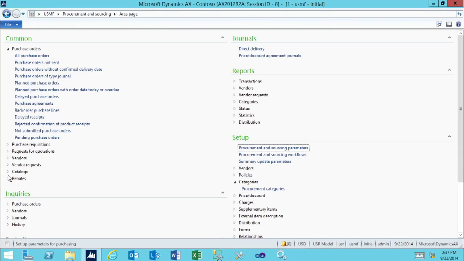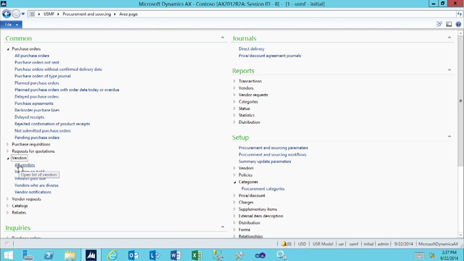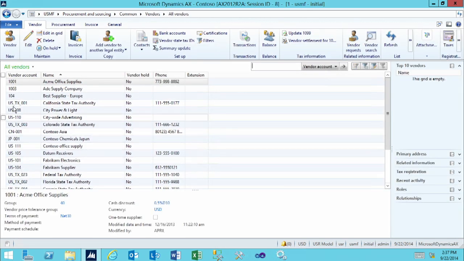I'll do this by opening up the vendor form underneath Procurement and Sourcing, Common, Vendors, and then All Vendors. If there's some specific vendors that I want to use the change management process with, I can select that vendor. I'm going to enable it for my Acme office supplies vendor here by clicking Edit,